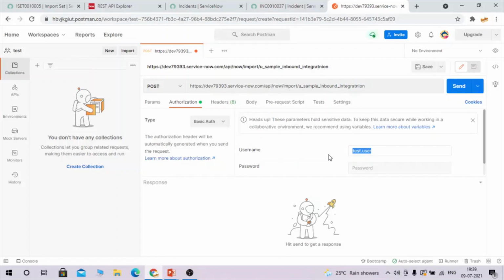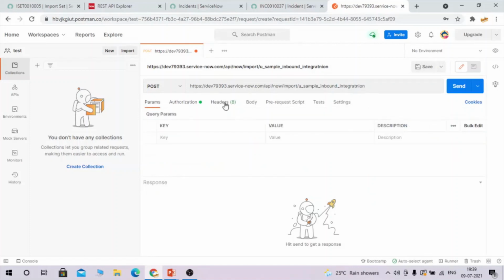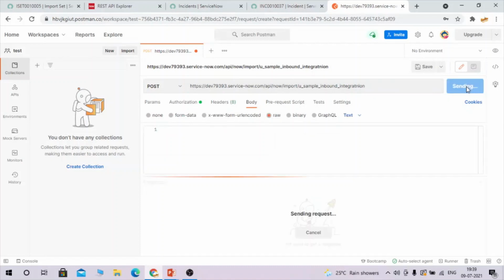There is one role called web services, so that role should be given to this user, then only that user will be able to access the API and see the data as per configuration. So let me show you. We are just giving this API and authentication. Everything will be done automatically, nothing we have to do. You just have to click on send.